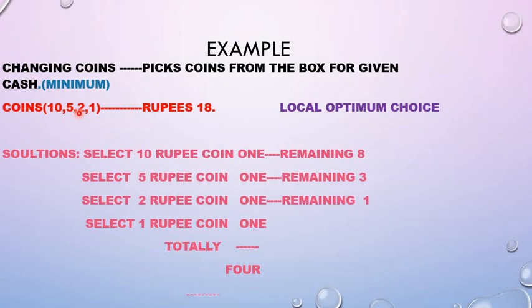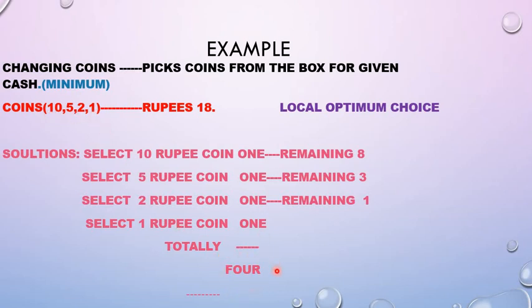In the third step, my choices are 2 and 1. Because of the condition of minimum coins, which can I choose, the 2 rupee coin or the 1 rupee coin? Yes, the 2 rupee coin. Your guess is correct. If I choose 1 rupee coins, I will have 3 coins. So I select one 2 rupee coin. For the remaining one, there is no other choice, so I have to use a 1 rupee coin.